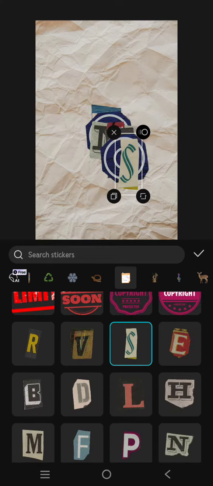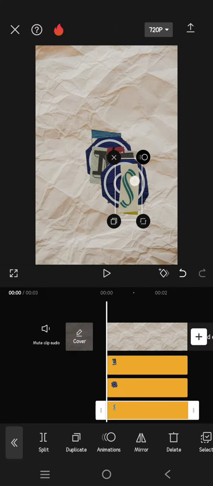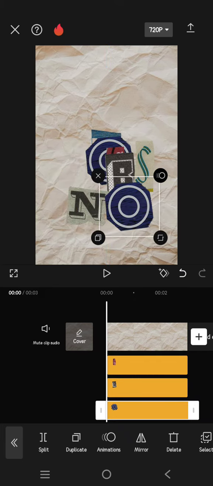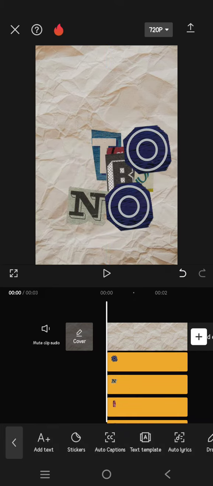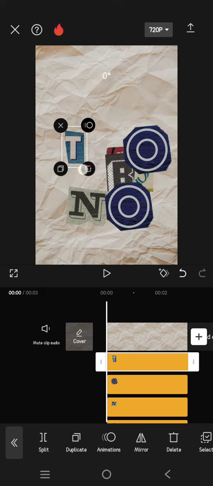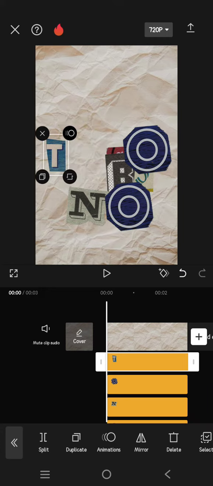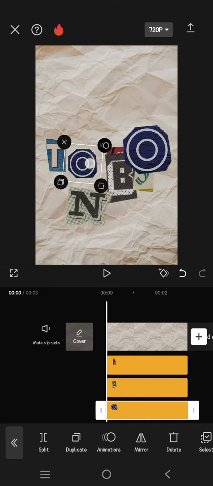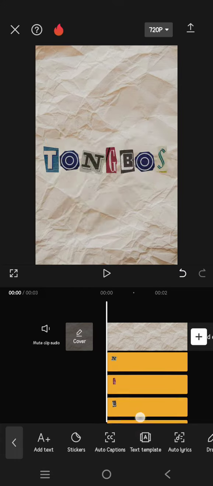Okay, so I've already selected all of the letters. Don't forget to adjust the position and also the size. Like this. Okay, after you adjust the position and add all the letters, you can animate the text by clicking